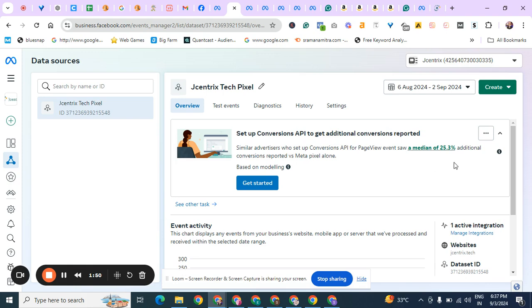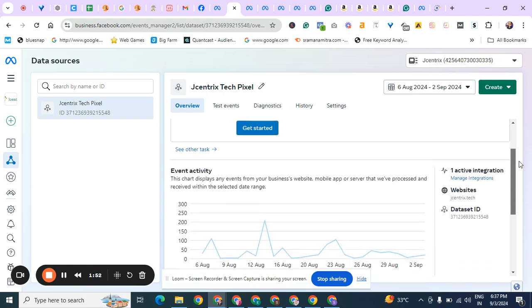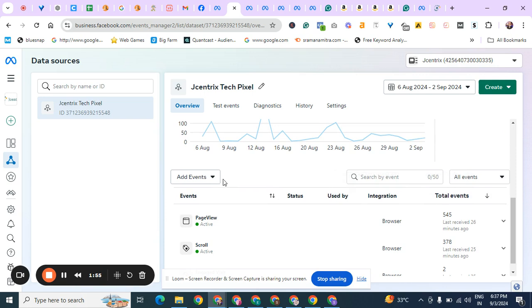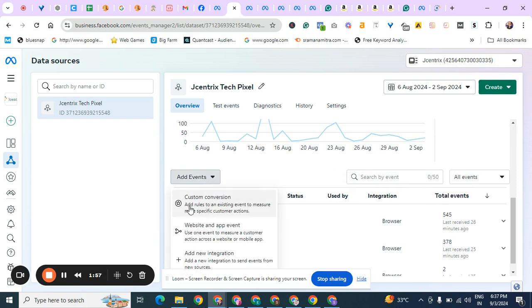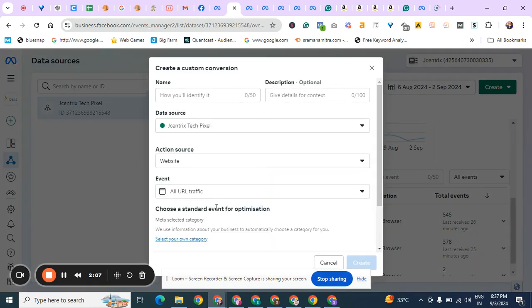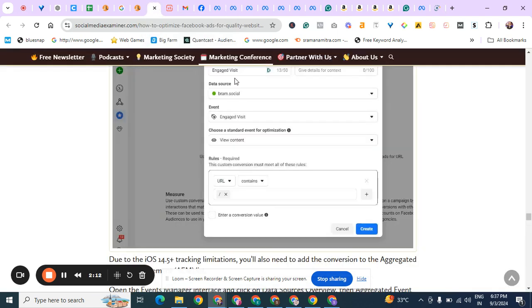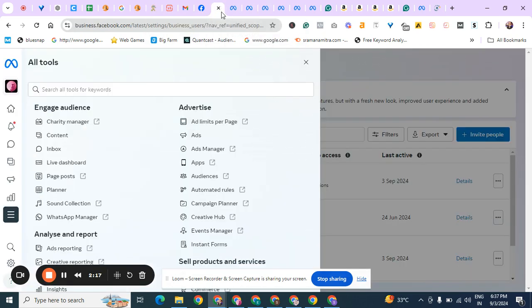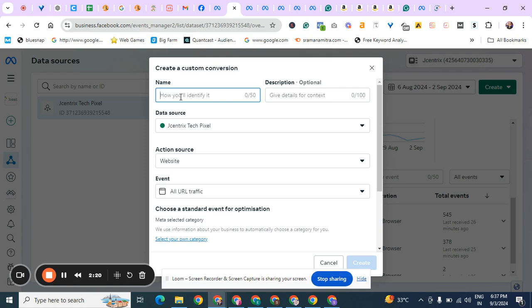Data sources, add event, custom conversion. Also here, data sources, add event, custom conversion. We go here. This is where you will name. What are you naming it? Let me see. Engage visit, right? Yeah. So this is where you are naming it as engaged visit